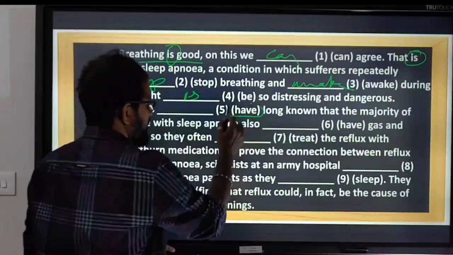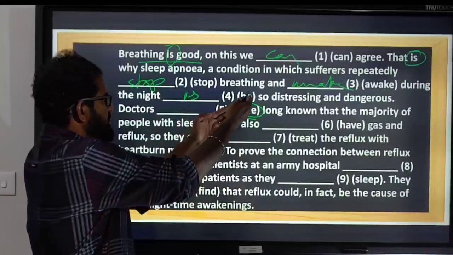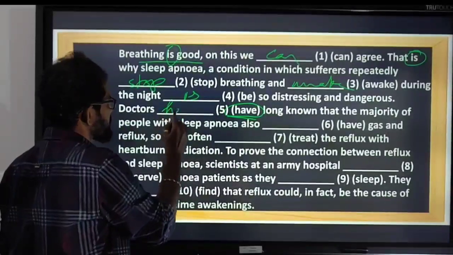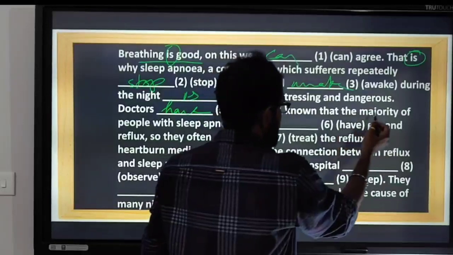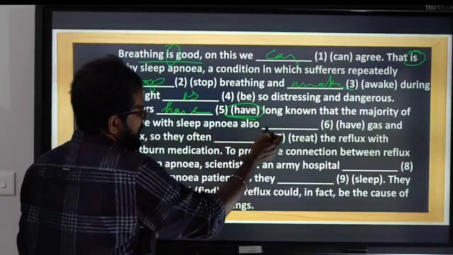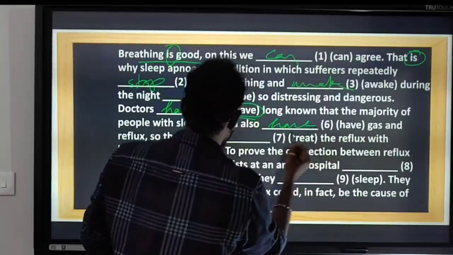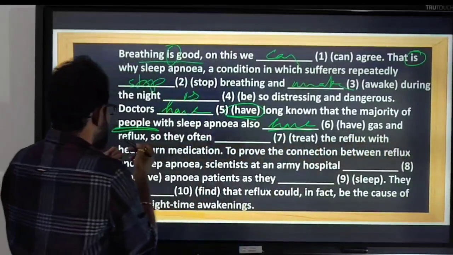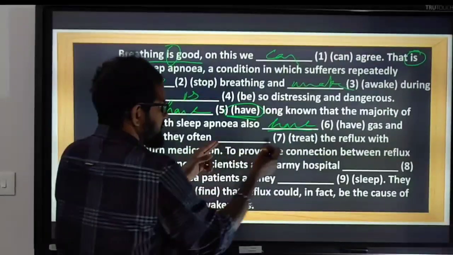Doctors have. Present. We are using only present because the paragraph is in present. Doctors have or doctors has. Doctors plural, so we use have. Doctors have long known that the majority of people with sleep apnea also have. Here also have because people is plural. Have gas and reflux. So they often